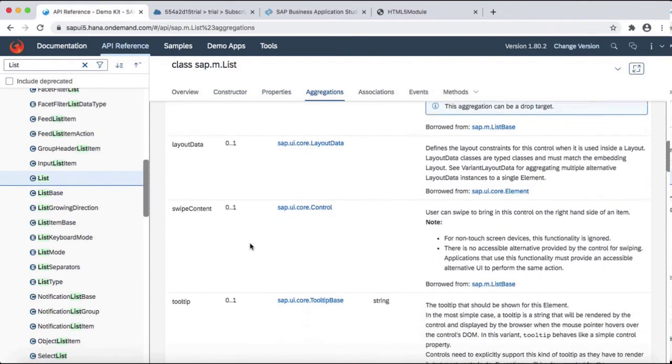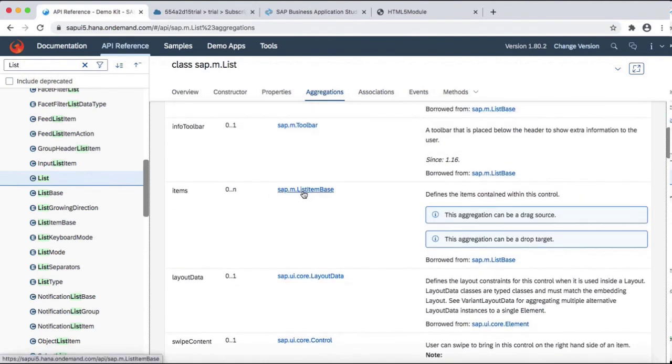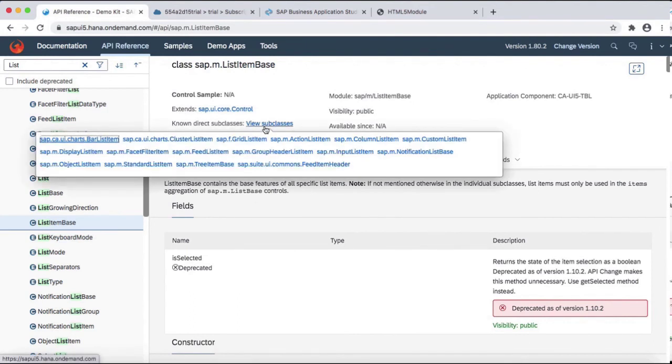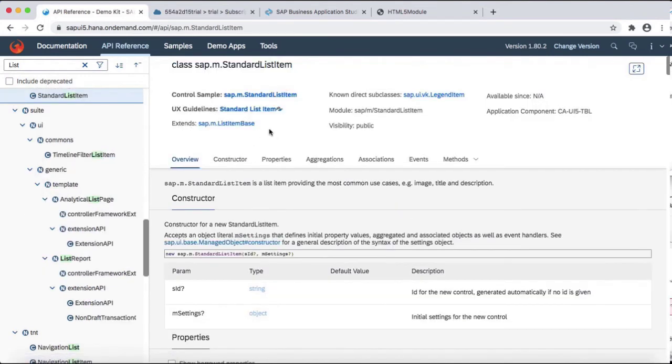So I have sap.m.ListItemBase. I'll click on it and see what the subclasses of this list item base are. It has many subclasses, so I will use standard list item. It is also inside M library, so I'll just use it as it is.